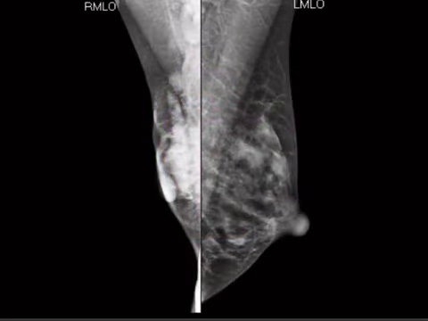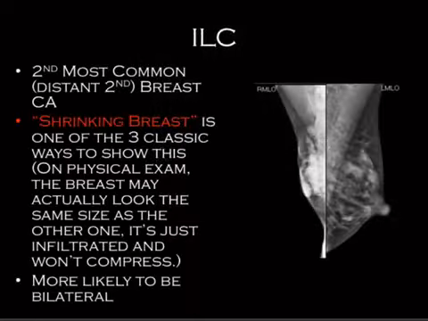All right, so this is an Ant Mini. This is one of the mammography Ant Minis, where this is actually the same patient. She's not had any surgery. And what we have is a shrunken breast. Sometimes this is shown with multiple years of mammography, where it's got a normal sized breast and it appears to be shrunken when it's compared to the prior. So this is a classic way of showing ILC,